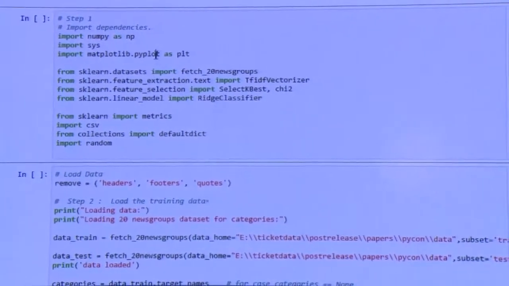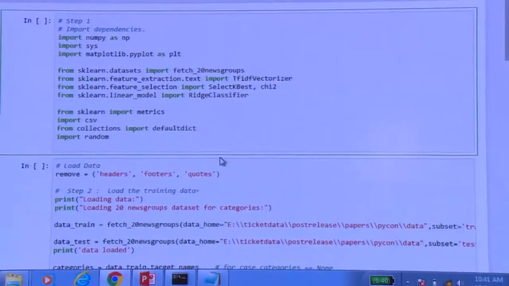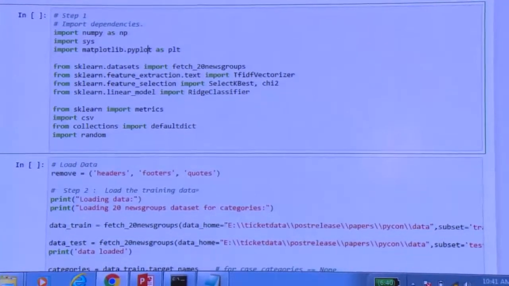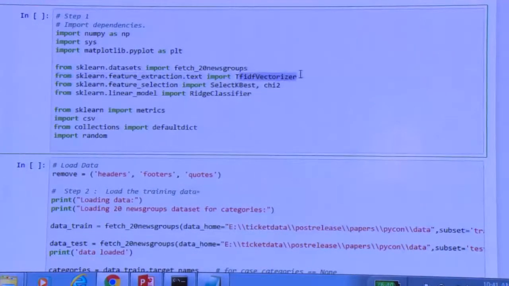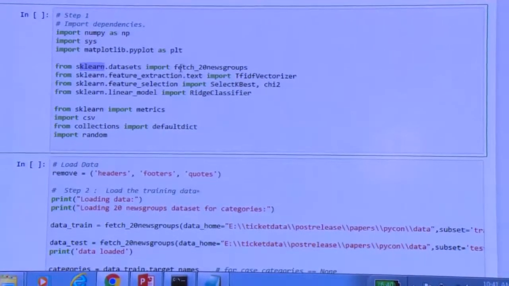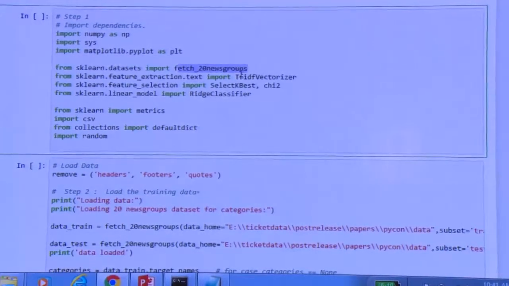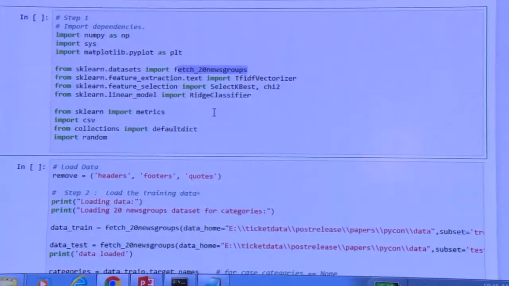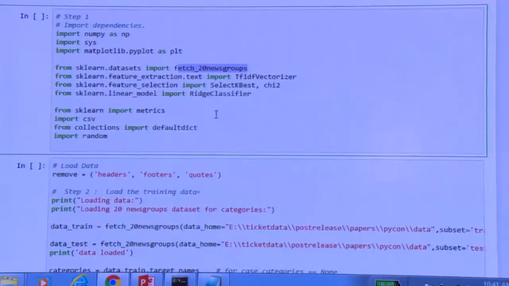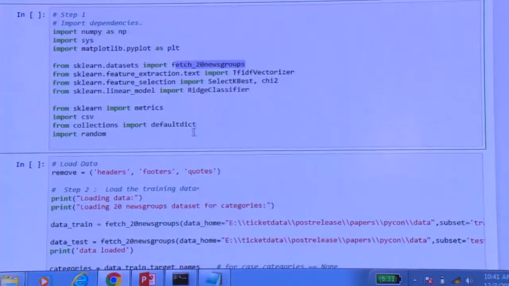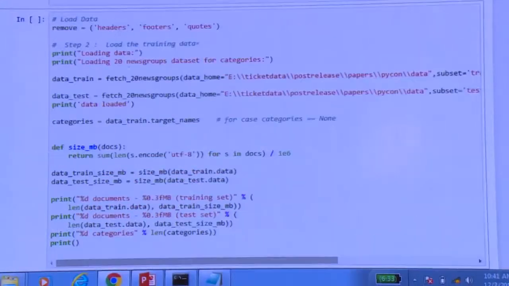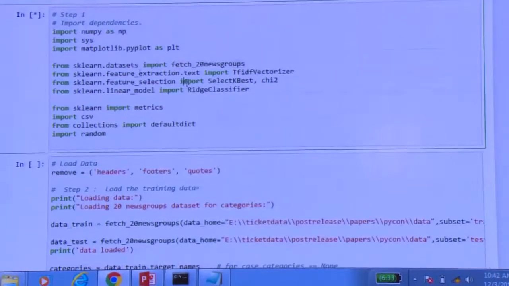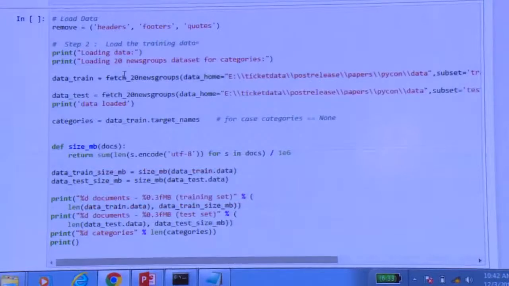If you see the first block here, this is, as in any standard Python program, where you import all the dependent libraries. Of specific importance, you can see the TF-IDF vectorizer from sklearn. We're also using a specific data set, the 20 newsgroups, which is already available in Python, preloaded as part of the data sets. So you can import that, along with certain other libraries. At the end of this, you complete the import process.